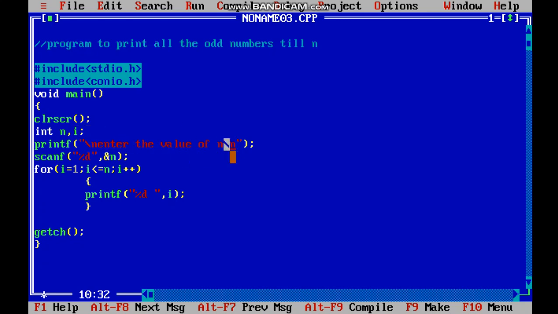So after leaving a line gap, this statement will be printed, and then again a new line will be given.